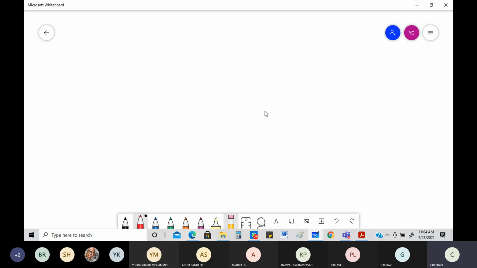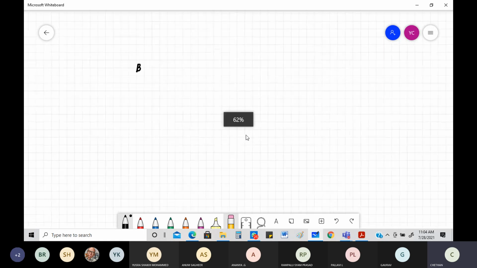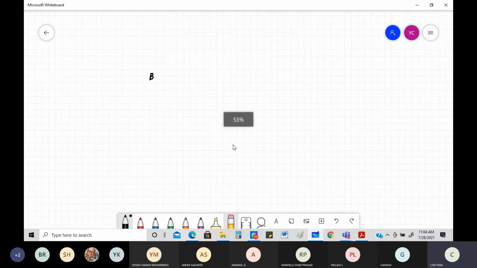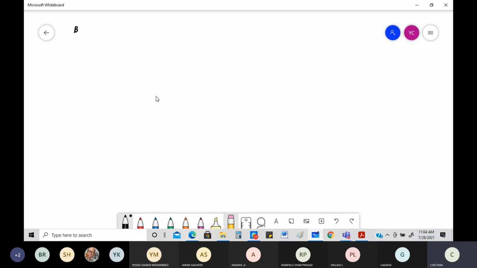What is this branch and bound and how does it work? What is an example for it? There's a very famous example that you're going to solve today also. But before that, we are going to see what is branch and bound. As the name suggests, it is something that is going to branch and it is constrained with regard to a bounding function. What is bound? Bound is nothing but a constraint or a condition.